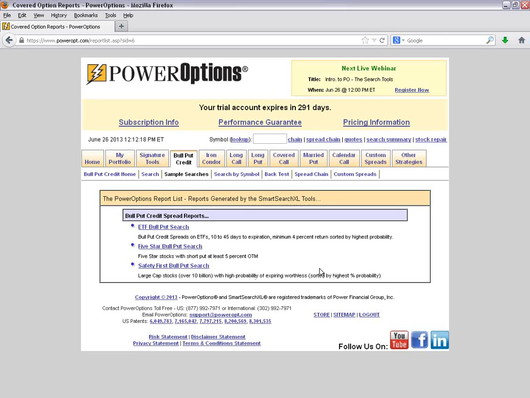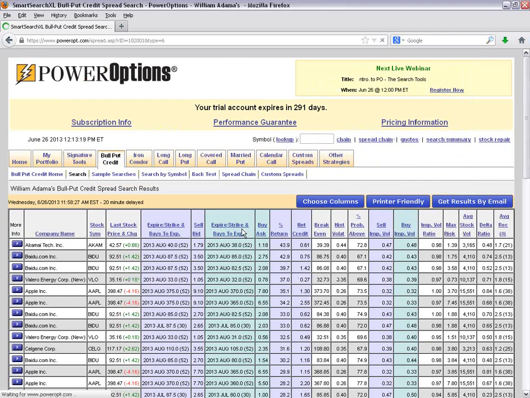Well, with a bull put credit spread, we want to look for bullish stocks. We want to see some good return. So let's go ahead and just start off with the 5-star bull put search. I'm going to go ahead and click that link here in the sample searches menu. As we can see when it comes up, that's going to link us directly into the main search menu. Now, I have a lot of criteria selected here on our search results. When we first go into a sample search, we'll see the results that match the criteria